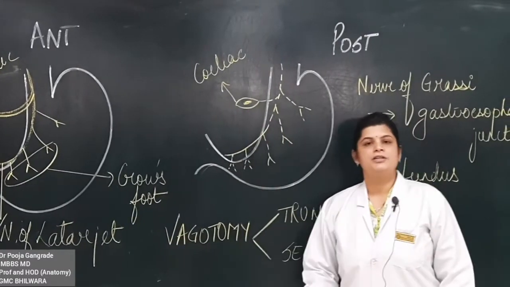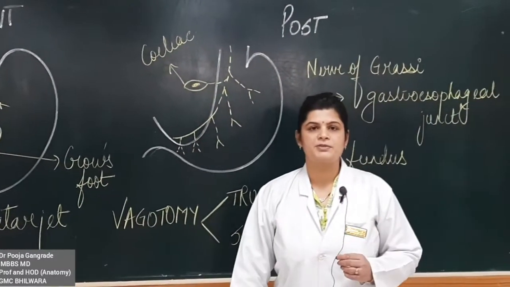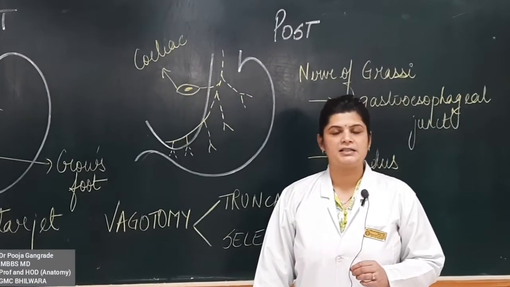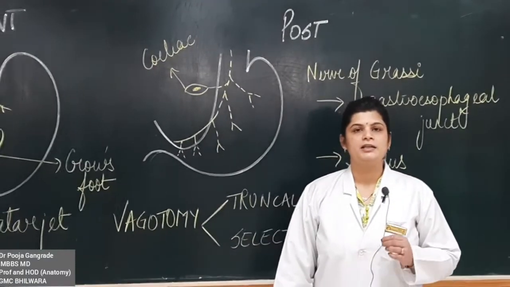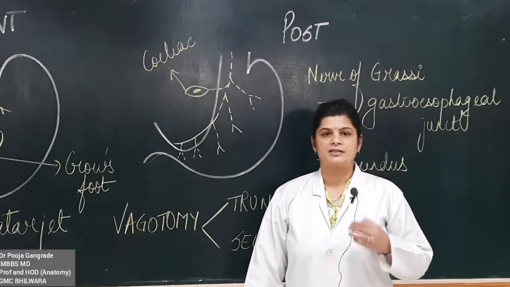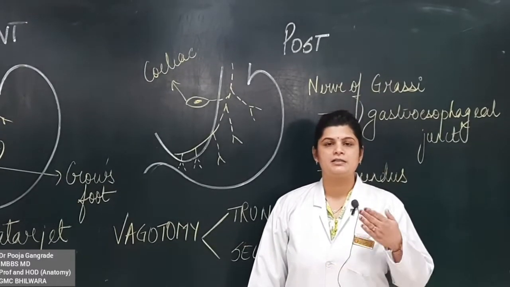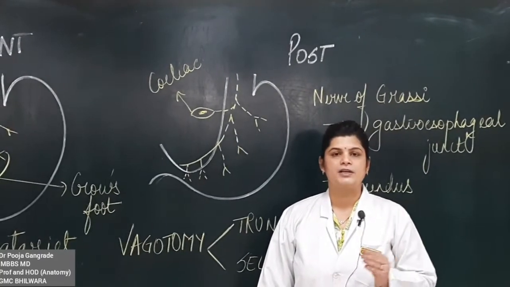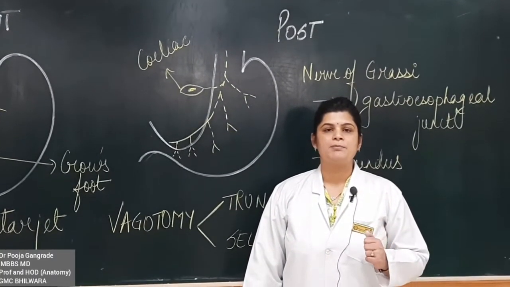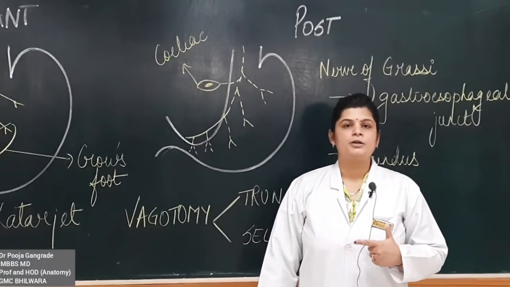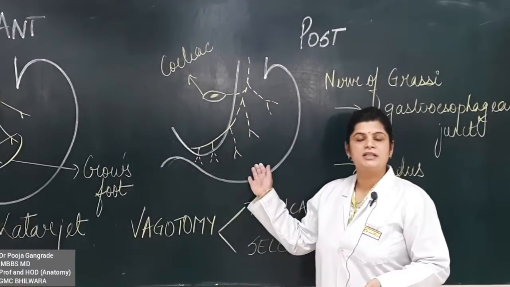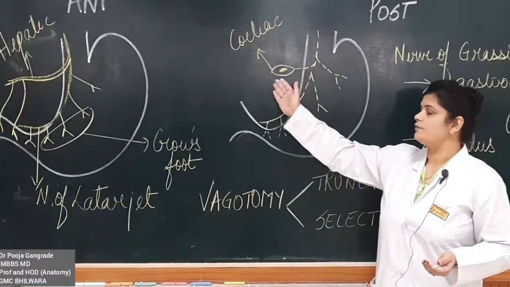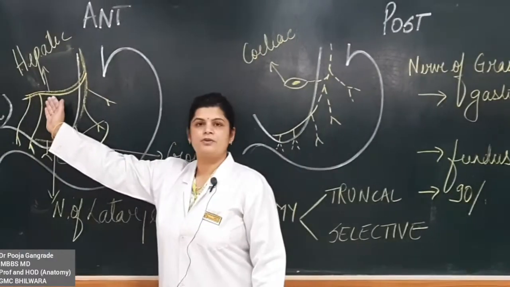Okay, so as an undergraduate, you just have to remember 2-3 points which are important. That is, the nerve supply is given by vagal, which is parasympathetic nature. It is secretomotor and motor in nature to the stomach. There are two trunks, anterior and posterior. The anterior is closely applied to the stomach, whereas the posterior is around 10 millimeters from the gastroesophageal junction. The anterior is the one which supplies the fundic area and the part of the lesser curvature, whereas the posterior vagal trunk is the one which supplies the majority part of the stomach. It gives off a celiac branch, anterior one gives off a hepatic branch.